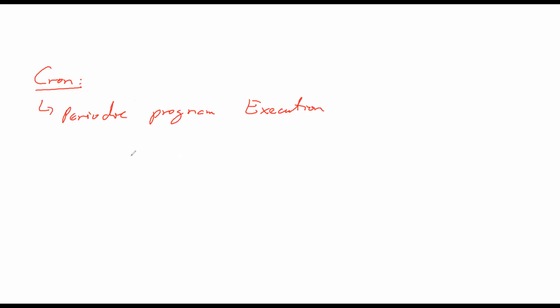What is the Cron Facility? If we provide a formal definition, cron is a Unix, remember, it's the Unix version, it's the Unix facility, the tool that we use that allows you to schedule